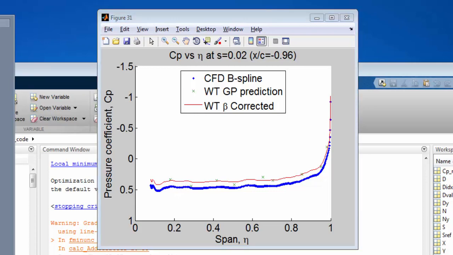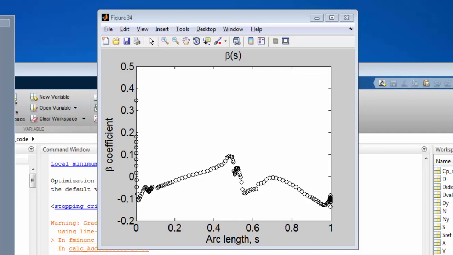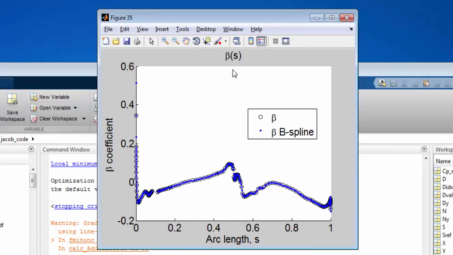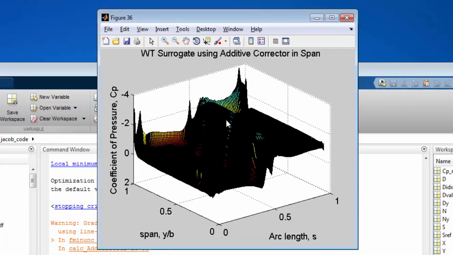Now, once all of these are calculated, these beta values for each arc length, we have multiple corrector values. Then we generate a B-spline of the corrector beta. And using that corrector, we then add that corrector to the wind tunnel, or to the CFD rather,